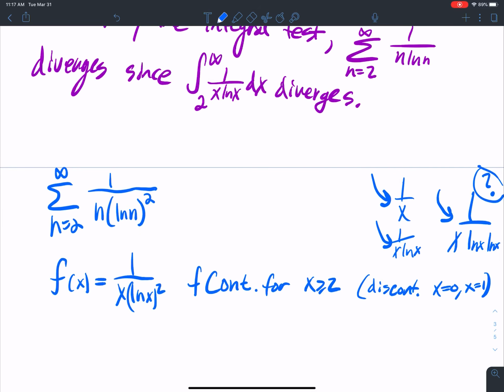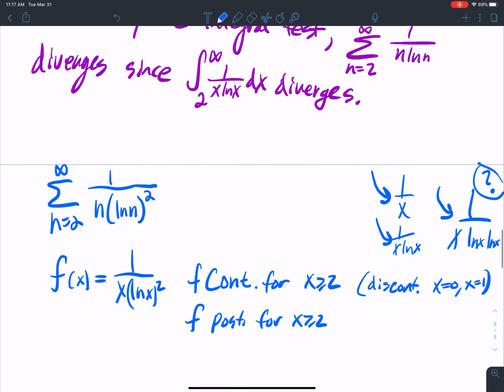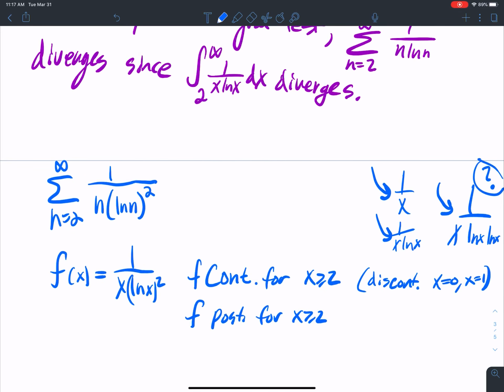That work is above. All right, f is positive for x greater than or equal to 2. Absolutely it is. If x is greater than or equal to 2, 1 over x ln x squared is also going to be greater than or equal to 0, since